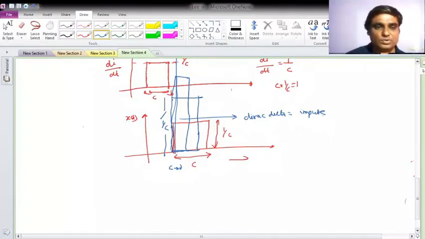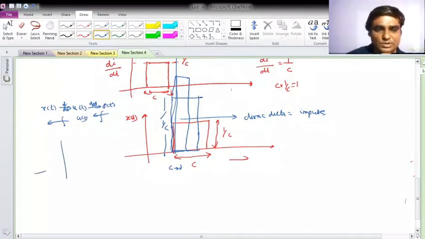Okay, so you can say that if it is a ramp function and you differentiate it, you will get a unit step function, d/dt. Now if you differentiate the unit step function, what will you get? A delta function. And if you integrate this, you will get unit step, and if you integrate unit step, you will get ramp, right? Because, as you can say, this is my delta function.